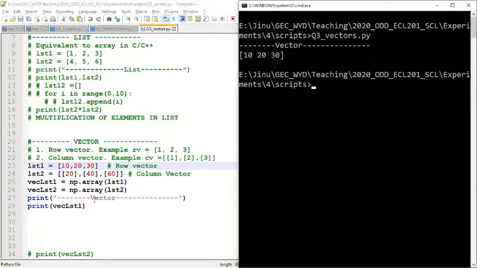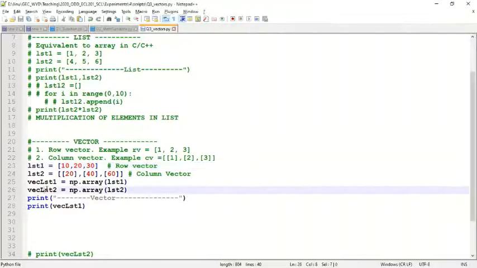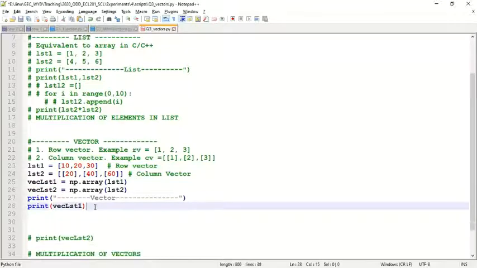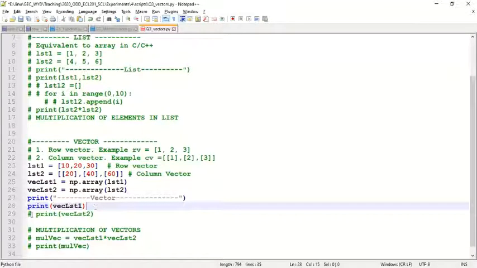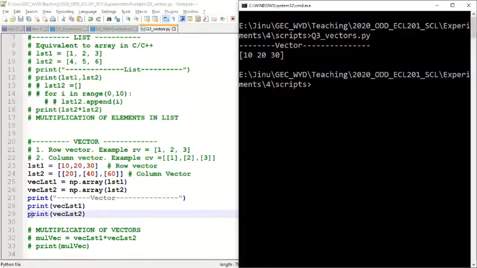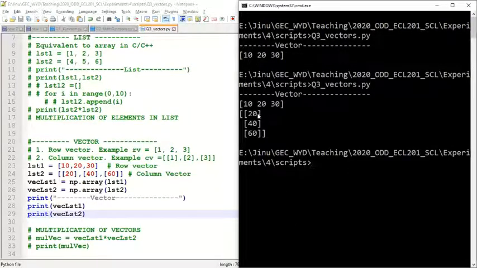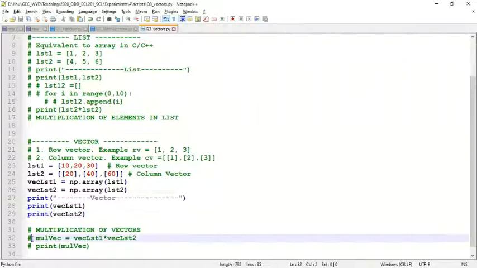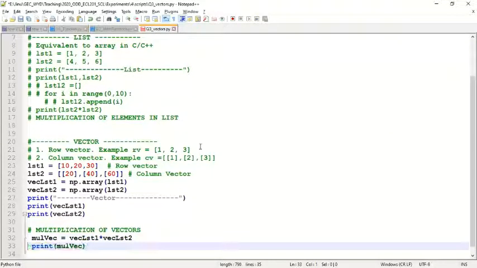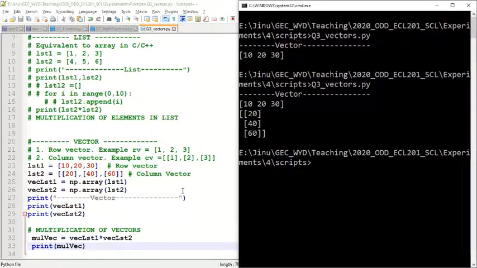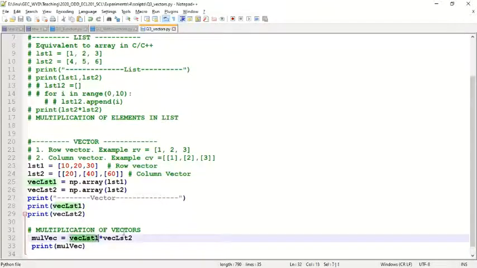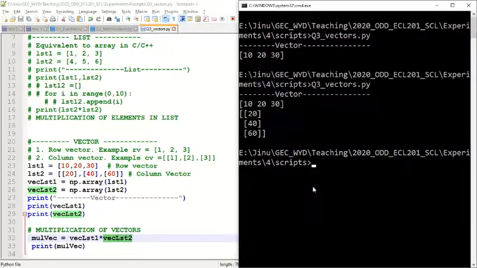Okay. And if I print list 2, you see that it will not be printed on the same line. Instead, it will be printed one by one. So the first one is a row vector and the second one is a column vector. So why do we do this? What is important? Let's say I want to multiply these two. I can just do list 1 multiplied by list 2. So if I do that,